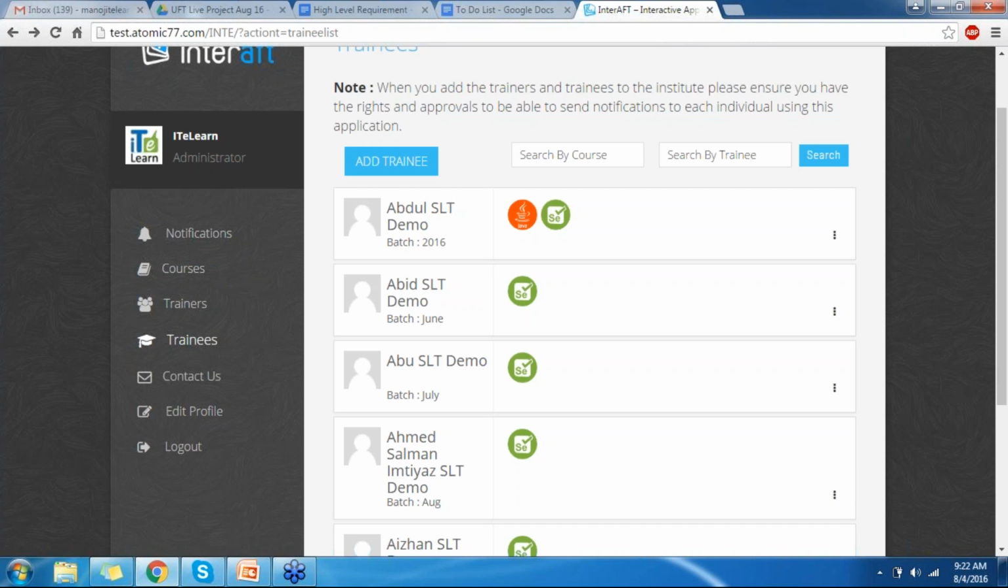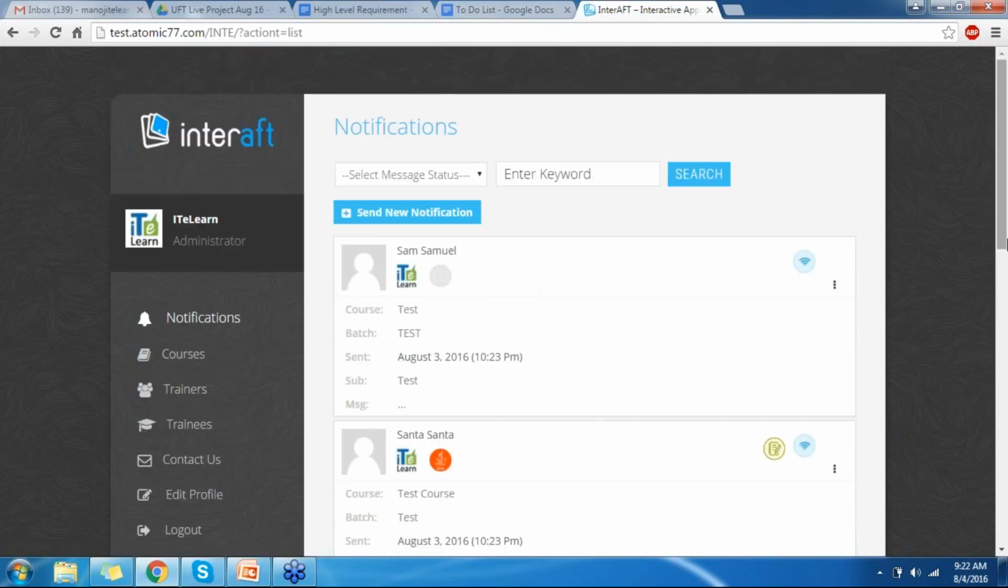So currently I'm not going to log in as a trainer or trainees, but if you log in as a trainer, you can see courses and notifications there. Okay, if you log in as a trainee, you can see only notifications and different kind of notifications you can see. So let us go back to this notifications module,